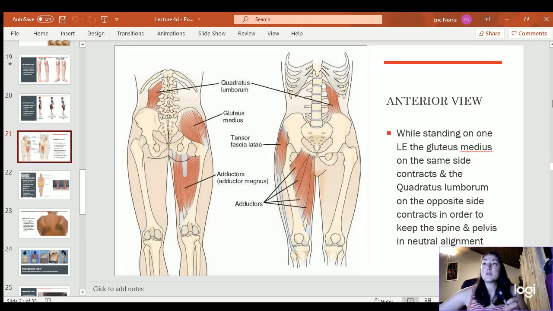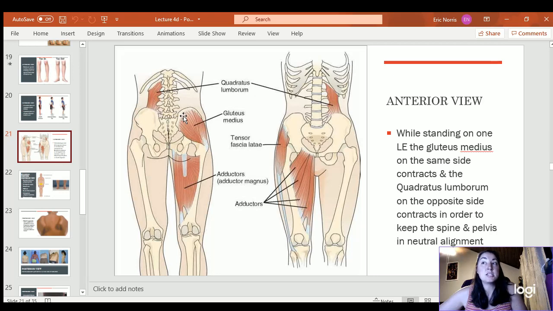With the anterior view, we can also see, it's interesting they put this with anterior view because I would probably look more at a posterior view, a pelvic drop if there's weak gluteus medius. And I do want you to be aware, something we haven't covered a lot, but when one gluteus medius, so if they're standing on the right leg here and the right gluteus medius is contracting, the left quadratus lumborum also contracts to